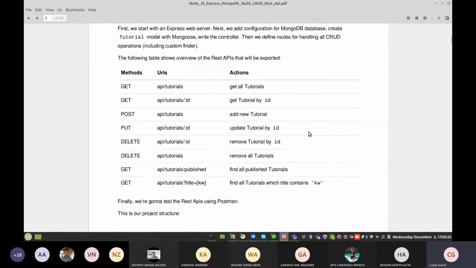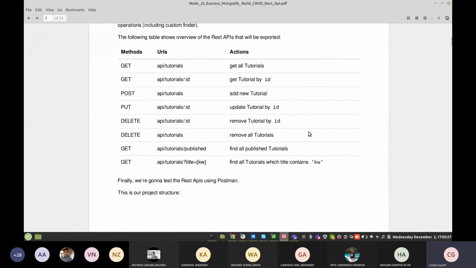These are the operations we will be performing, the methods you use on any website or web application to modify or get data and represent it in the web application. These are the different endpoints that we have created for our application.